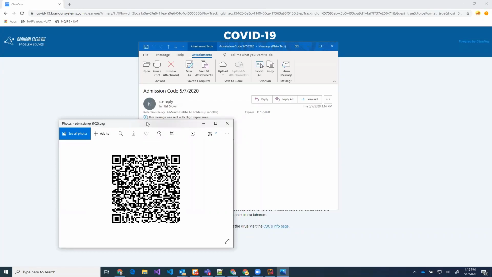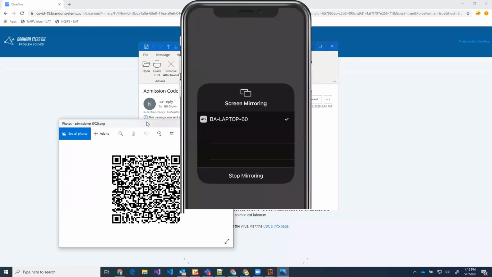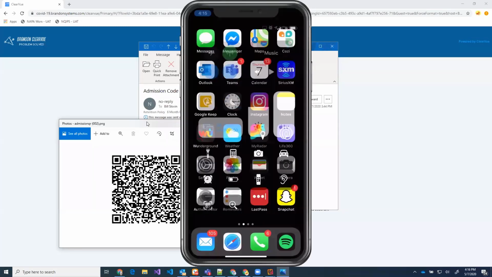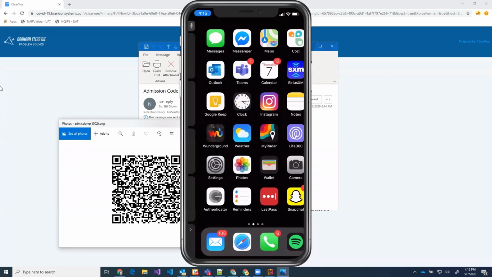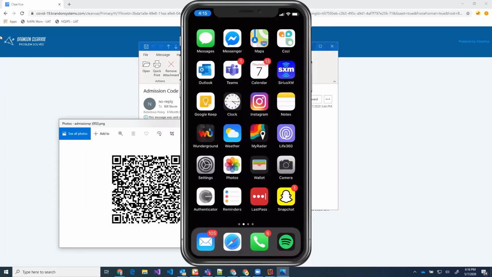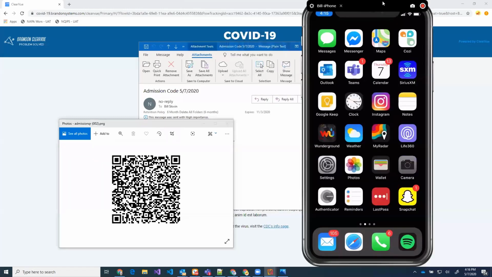And I'll pull that up right now and show you how that works. I'm going to actually scan this on my mobile phone, and you'll see exactly how that process can work. So here's my phone. This is actually the phone that I'm using. I have it in my hand right now. And I'm going to bring up the camera,